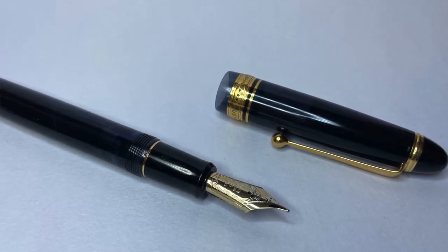I've done both a review of this pen, but also a long-term review of it as well, where I talk about why this pen has stayed such a prominent part of my collection. So check those videos out. But this pen, the Pilot Custom 823, in 2020 really, really came into its own, and I think it's been inked up probably at least about 2/3 of the time since I've had it, since that point in the